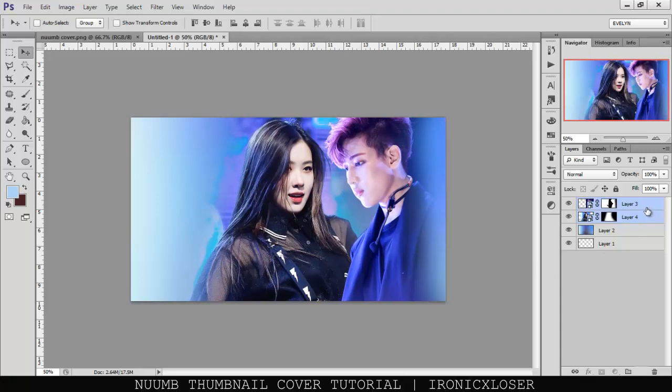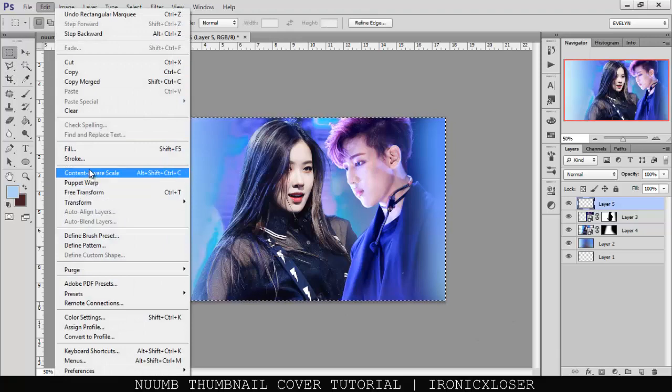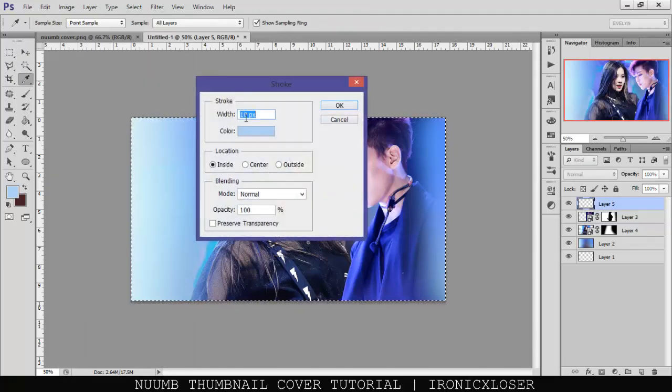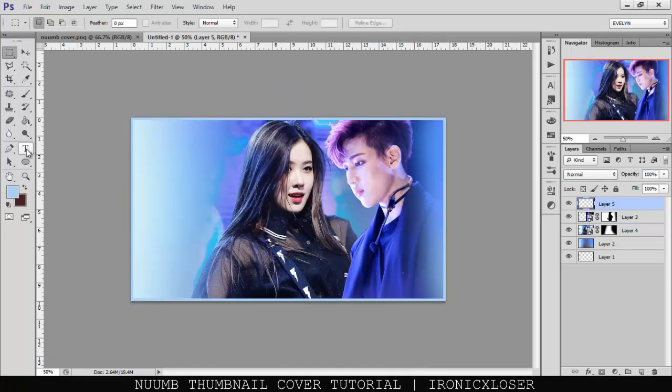Then what I like to do is I added a border, so I added a new layer. I select it all with my marquee tool. I go to edit, stroke, and I stroked it 10 pixels by a light blue color. So I click OK. And then I grab my text tool